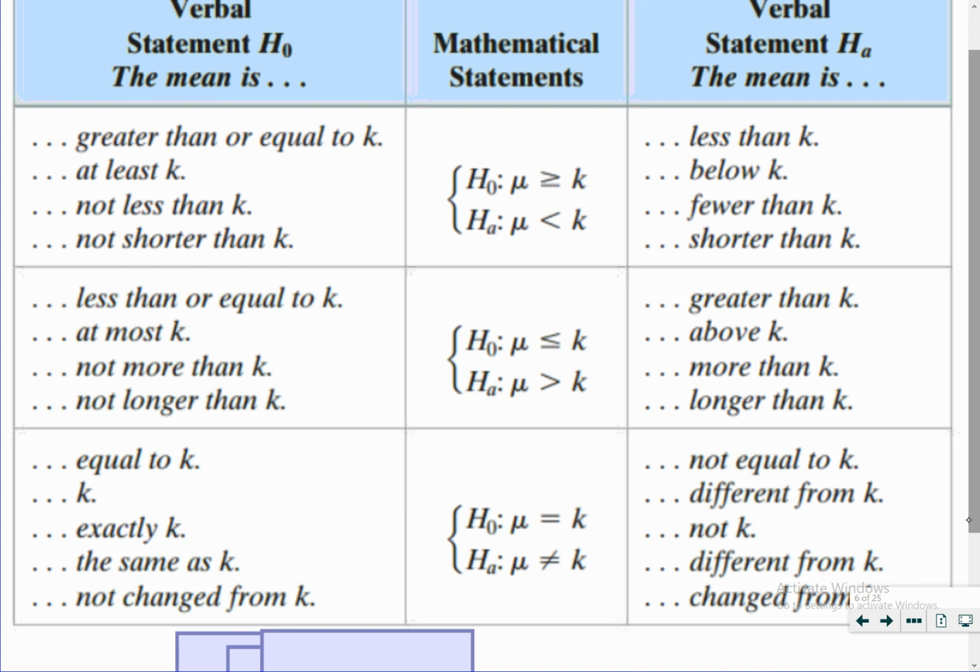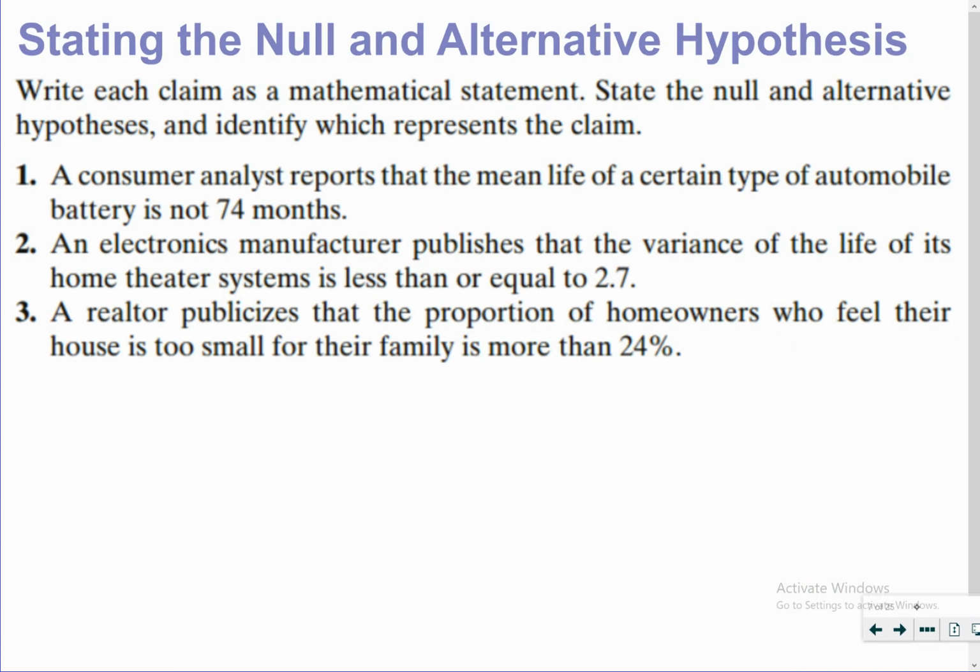Okay, everybody got them? All right, so let's practice now. Each of these is a claim that we want to write as a mathematical statement, label it as the null or alternative, and then write the other one. All right, so number one